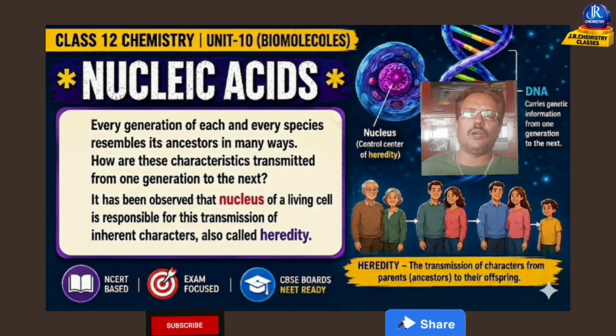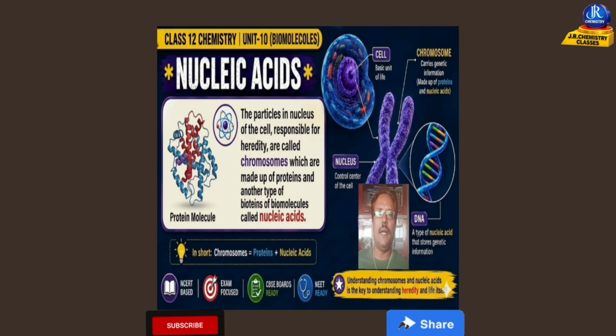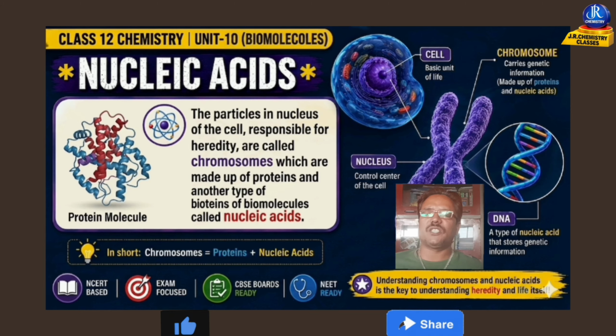It has been observed that nucleus of a living cell is responsible for this transmission of inherent characters, also called heredity. The particles in nucleus of the cell responsible for heredity are called chromosomes, which are made up of proteins and another type of